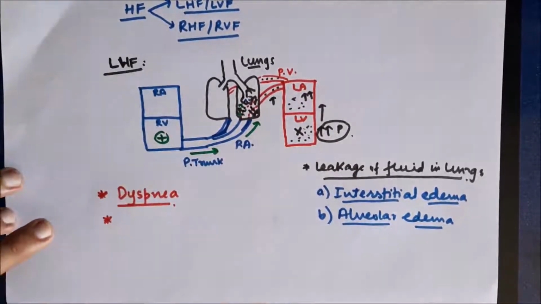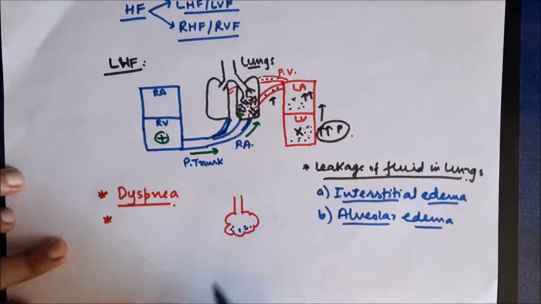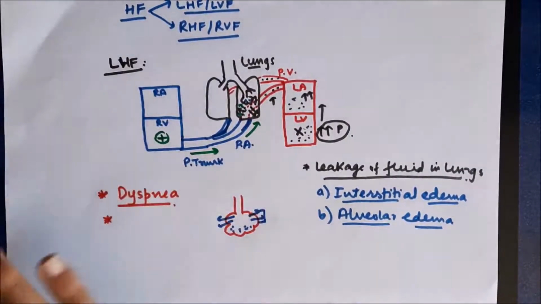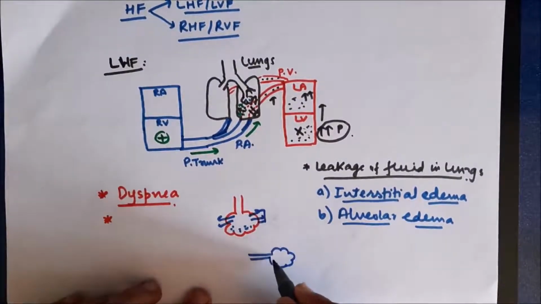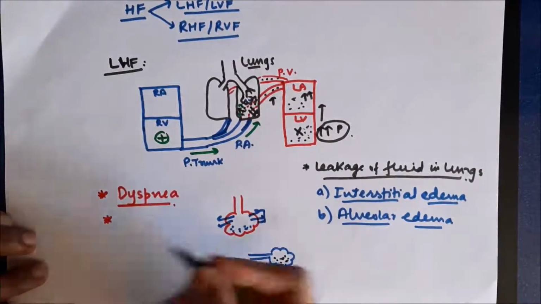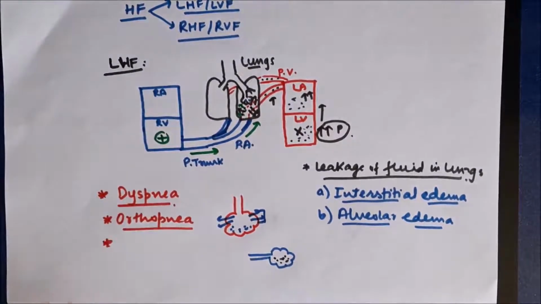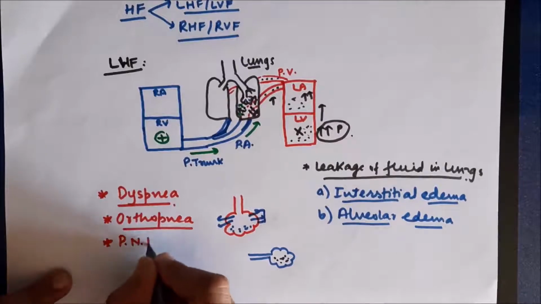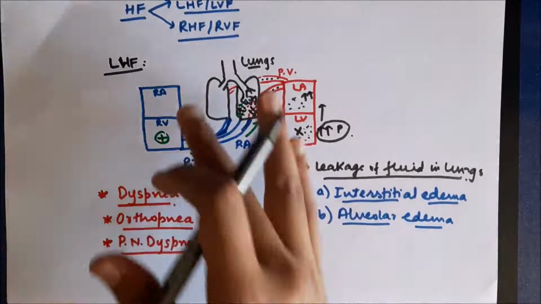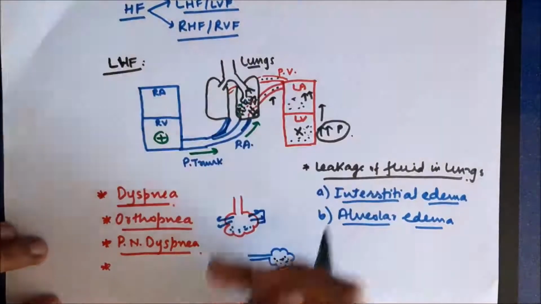And if we consider, let us say this is an alveolus, there will be some fluid accumulated. Normally due to gravity it will be accumulated in the lower part of the alveolus, the upper part will be dry and it will function normally, that is, exchange of gases will occur. But if the person lies down, this fluid will be redistributed and it will occupy more area of the alveoli, so the dyspnea will become worse on lying down, so it's known as orthopnea. And when the person sleeps, he will suddenly wake up and gasp for breath, that's called paroxysmal nocturnal dyspnea.